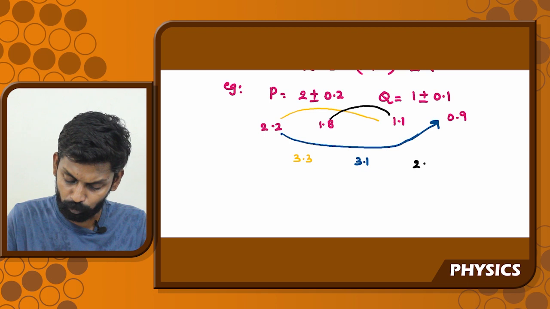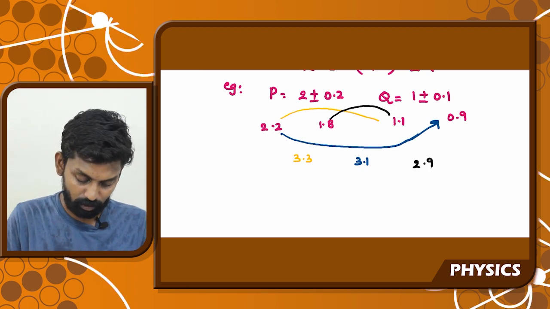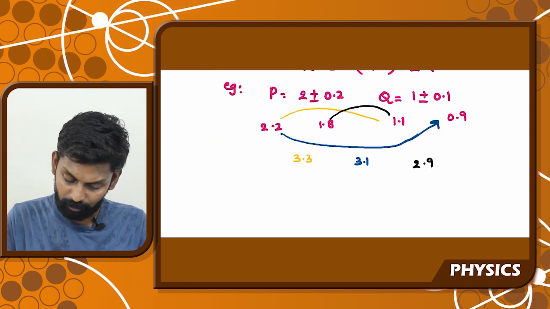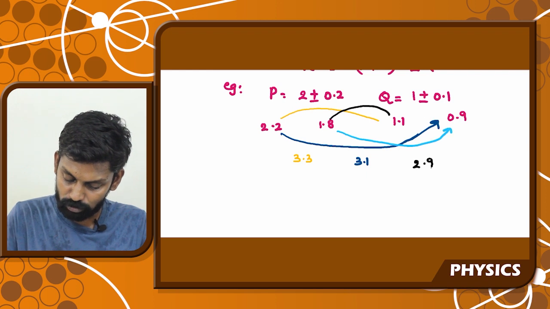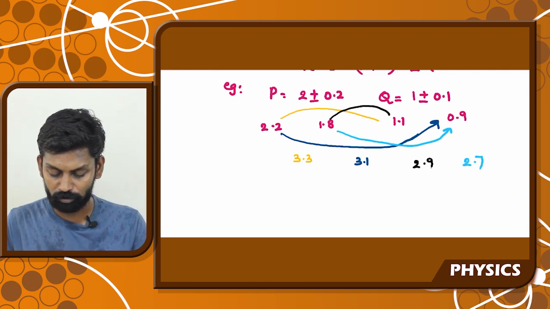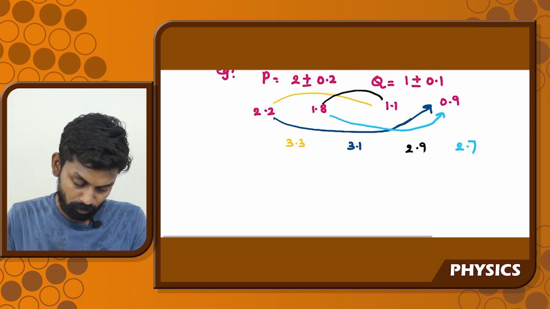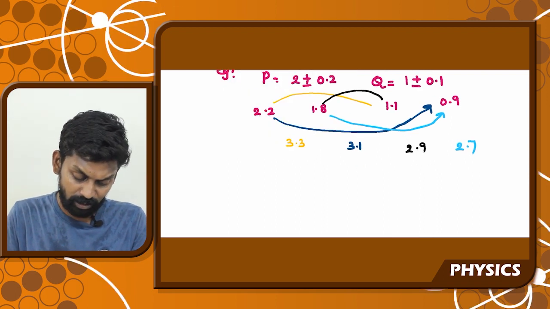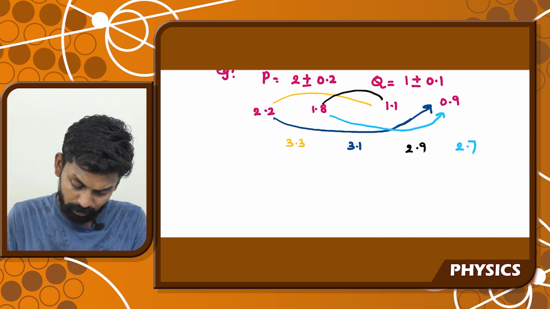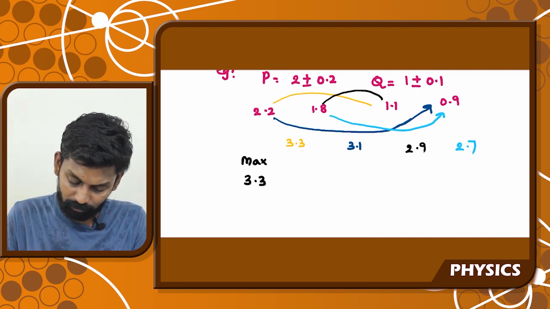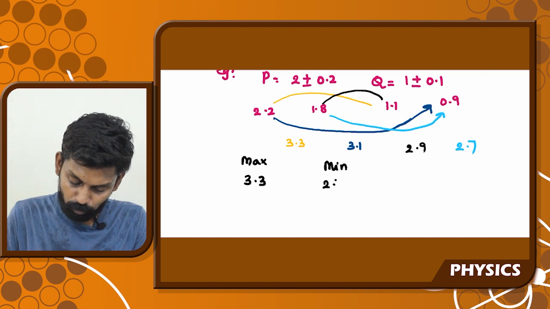We get a value of 2.9. And when minimum and minimum are added, we get 2.7. So we got 4 values when we add all the possible combinations. So the maximum value of the addition is found to be 3.3, while the minimum value is found to be 2.7,